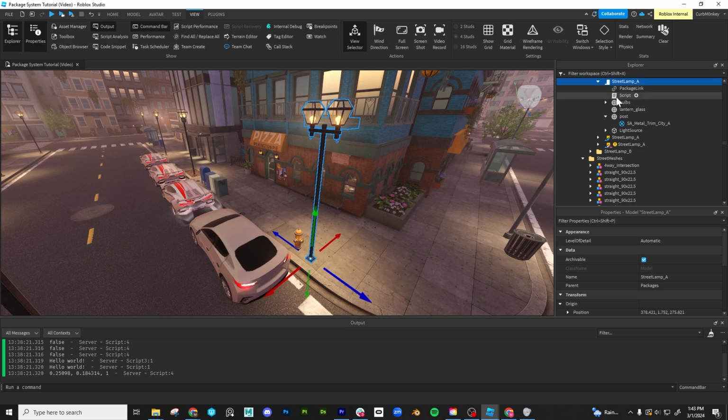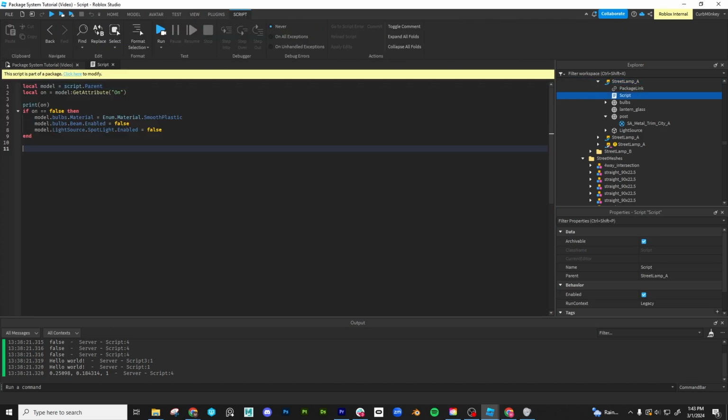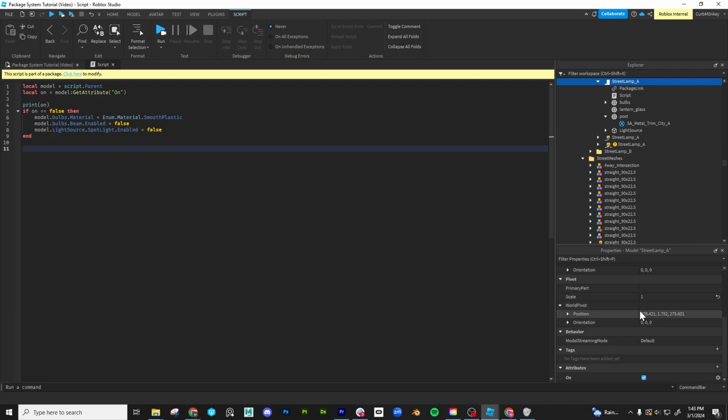So in this one, you can see I have a script, and this does take a little bit of script knowledge. ChatGPT and Roblox Assistant can help write these for you, but I just wanted to show off a really easy and helpful way to make these kinds of adjustments on your packages so that you can get larger variety out of their placements. So this is a super simple script. It basically is looking at the parent of the script, which is the lamppost model package, and it's getting an attribute. I added an attribute